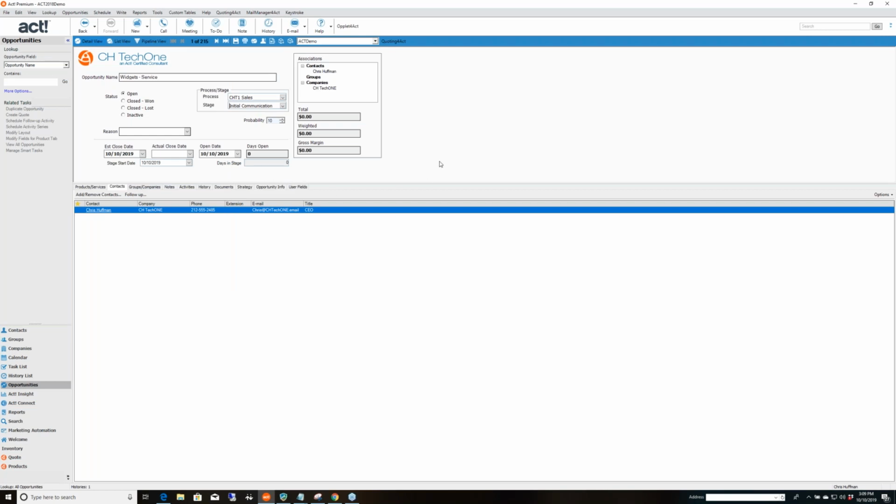Okay, now, up here is fairly straightforward. You can see the contact attached to it, the companies that attach to it, because Chris Huffman has a dynamically linked company. CH Tech One automatically populates. But you notice that all of these are blank, okay, or 0. And the reason is